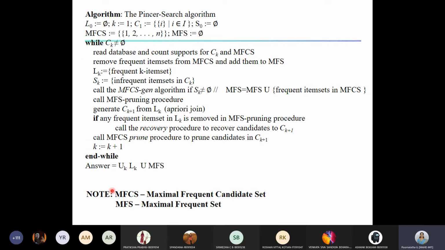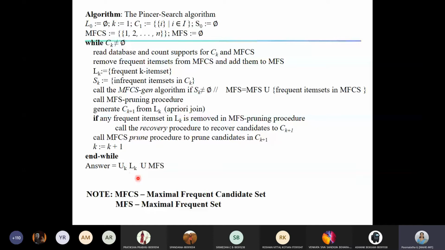Once this is done, the answer is the union of Lk, where U stands for union. It means whatever we have found, all the L cases, L1, L2, L3, whatever frequent item sets we are able to find within this while loop. We perform the union of all those to get our final answer. What is the final answer? It has to be all frequent item sets of all possible sizes.